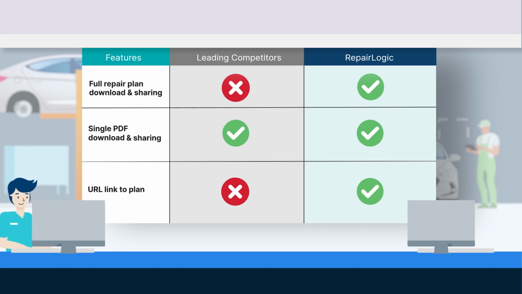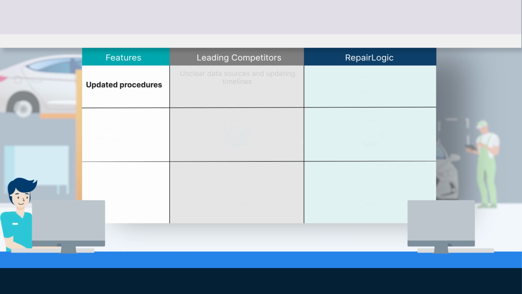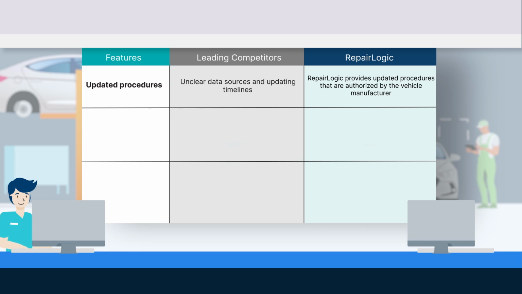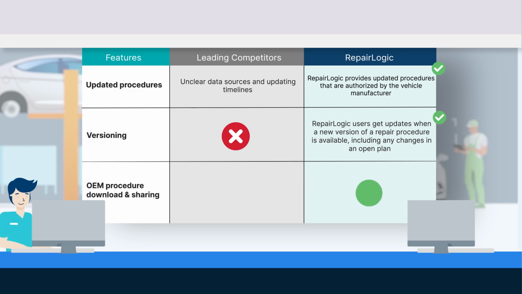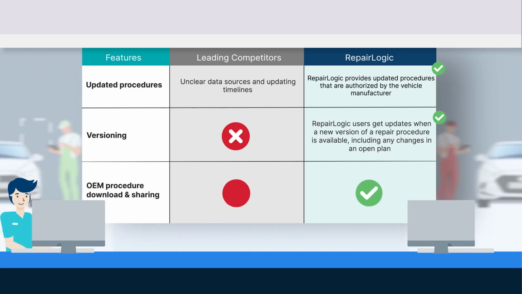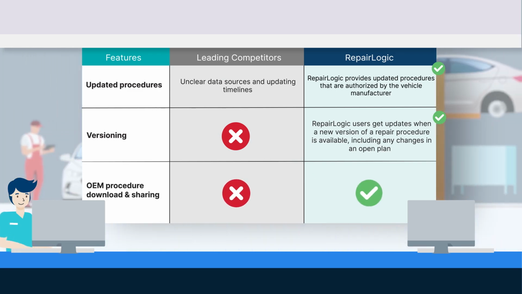RepairLogic also provides updated procedures authorized by the vehicle manufacturer, so you can have confidence in the information. With RepairLogic, you'll get updates when a new version of a repair procedure is available, including any changes in an open plan. Plus, RepairLogic makes it easier to share genuine OEM procedures with insurance partners, leading to better communication and